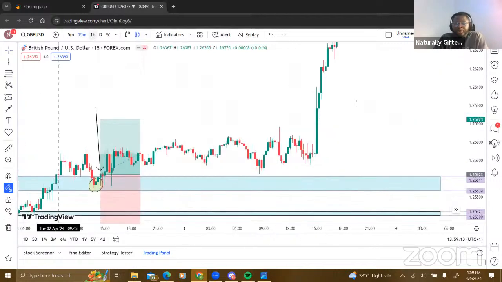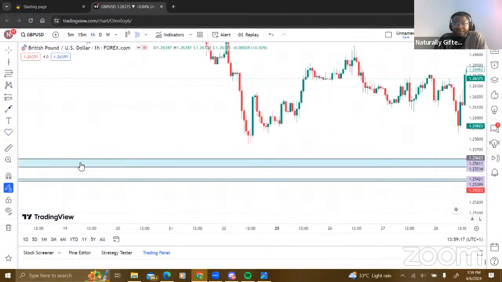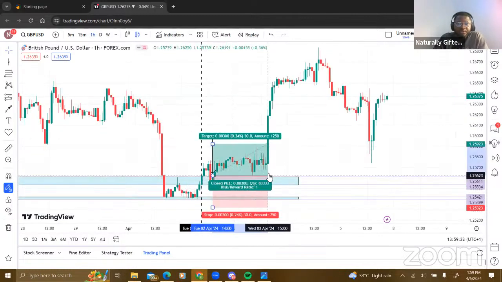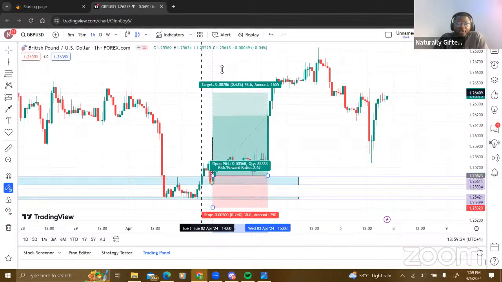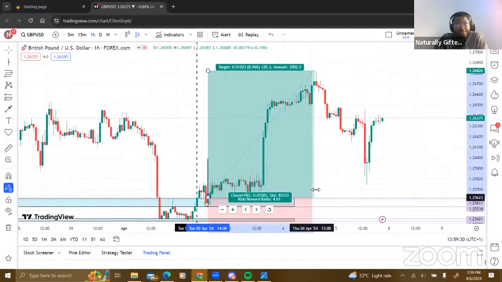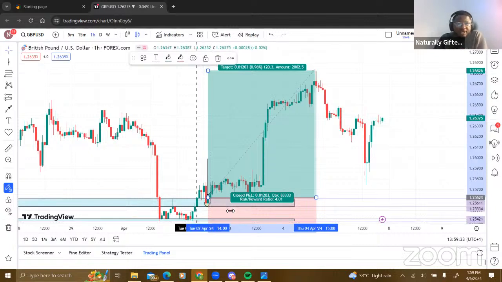Ladies and gentlemen, I'm going to blow your mind in a minute. Look at this. Not only would you have taken 30 pips, you would have taken as high as this. If you're doing a twin trade, that's about 120 pips. So if you risked 1%, you'd have made 4% with this.